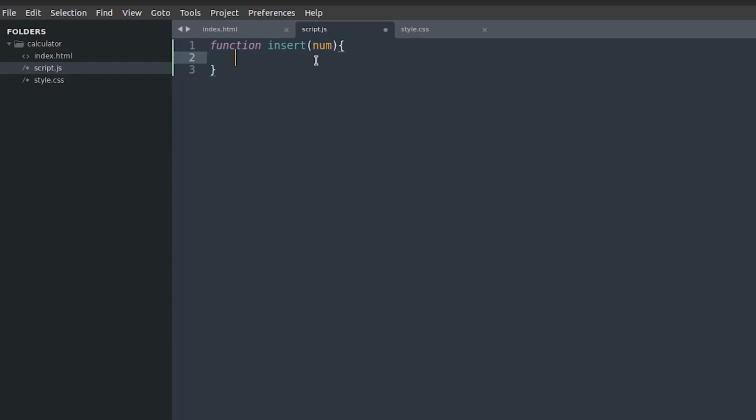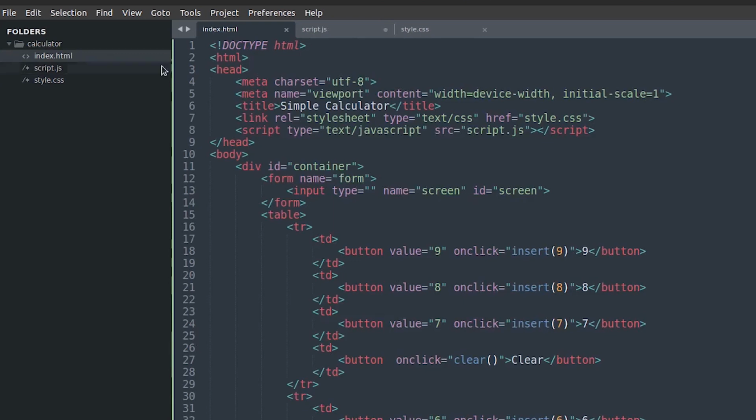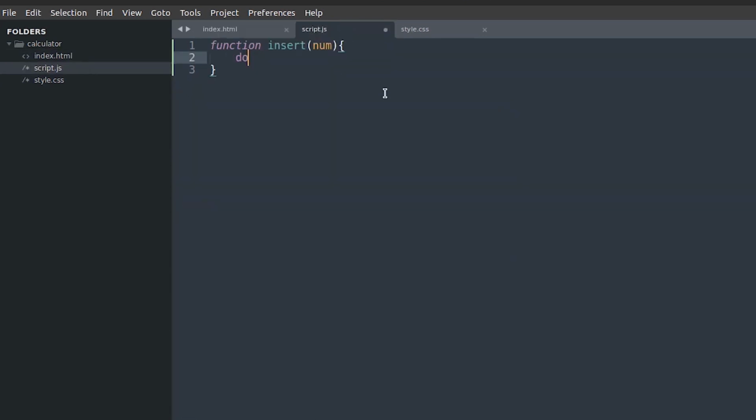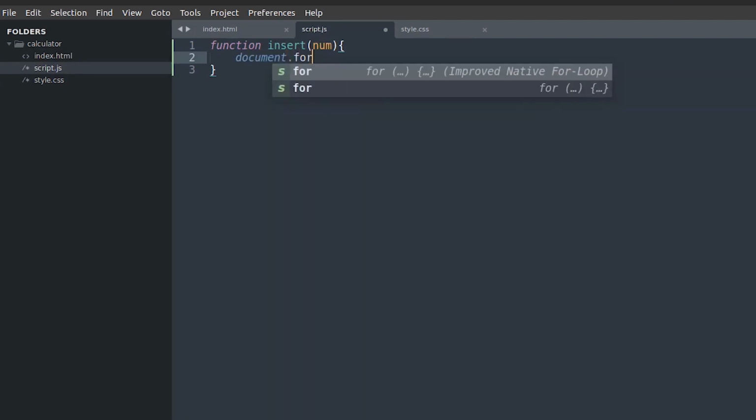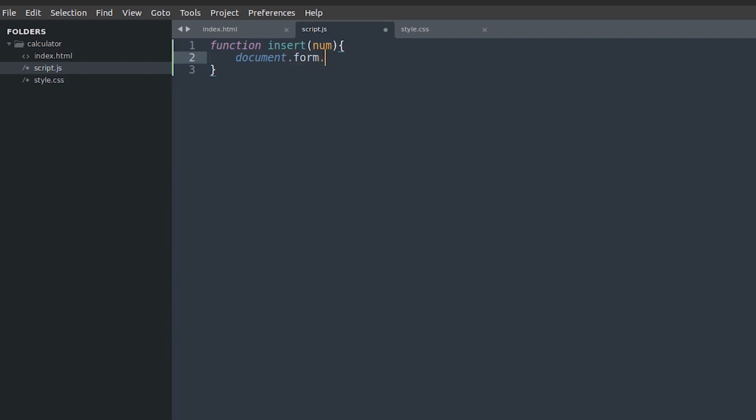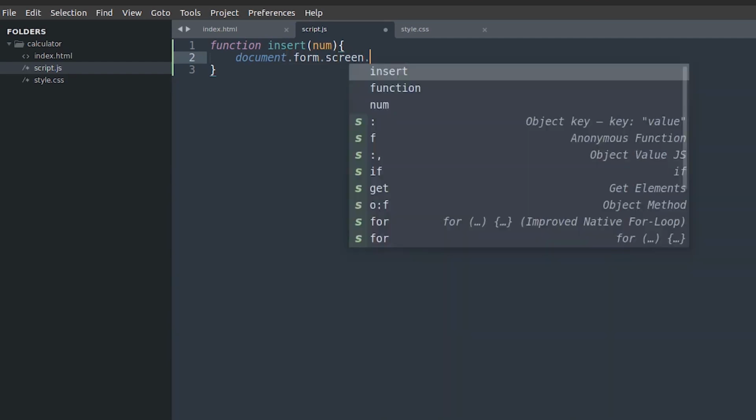The next thing we want to do is to pass the value of whatever number we click into the screen, into this input. So we say document.form.screen.value